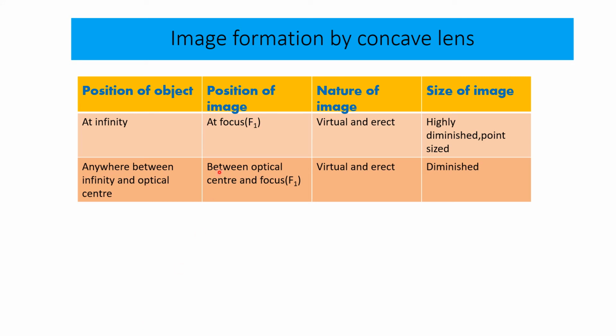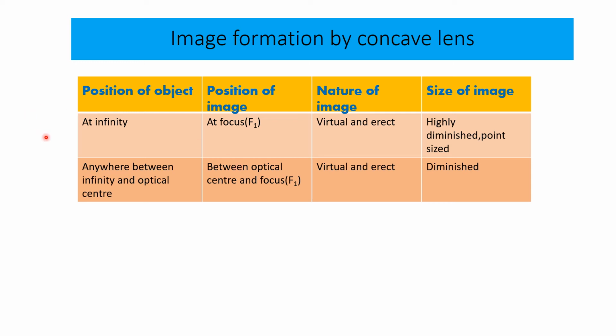Now let us see what type of images were seen in the concave lens. See, we have only two cases. Why two cases? Whenever we are dealing with a device which is diverging in nature, and I'm saying a device, it means it can be a mirror or it can be a lens, whenever they're diverging in nature, only two cases are seen. But for converging there are six cases. So for the first case, we take a general one, which is the object is at infinity.